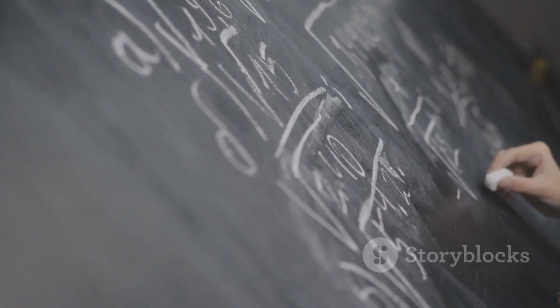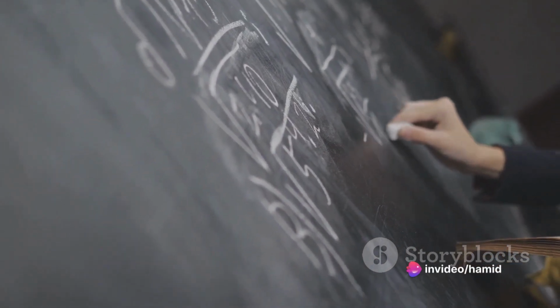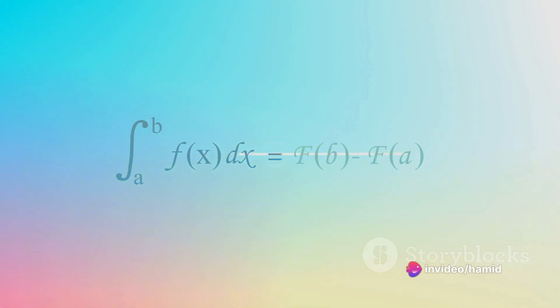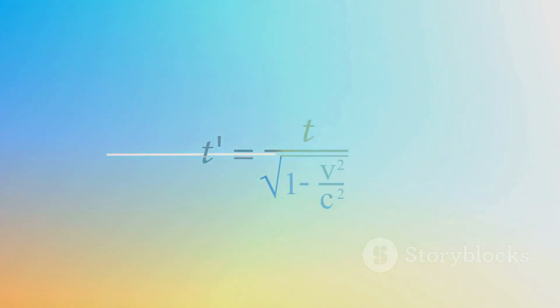Quadratic equations aren't just abstract concepts. They have real-life applications. They help us calculate the trajectory of a football, predict the growth of a population, and even design roller coasters. The essence of a quadratic equation lies in its standard form, ax2 plus bx plus c